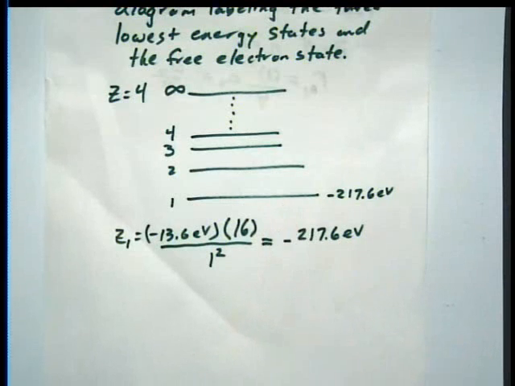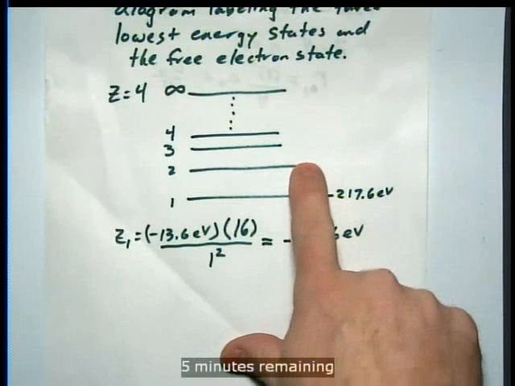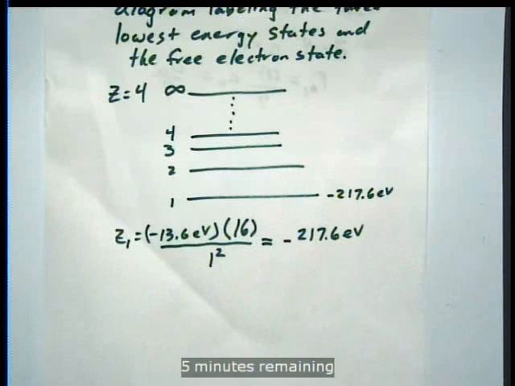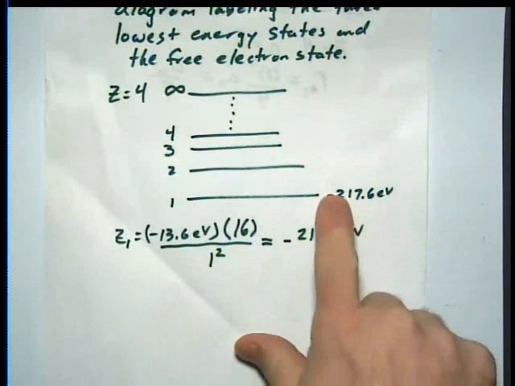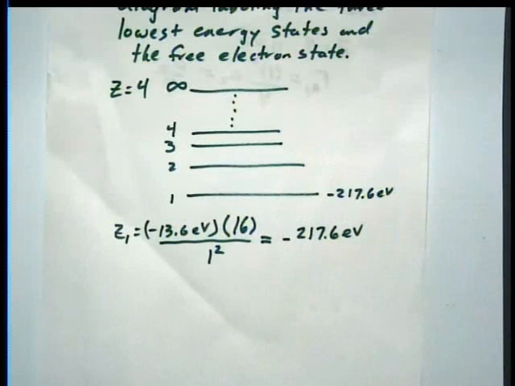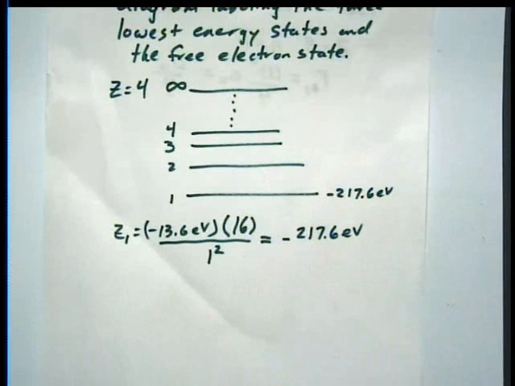If you give it less, the question is how you gave it the energy. If you give it a photon, it must either totally absorb the photon if it's going to be bound, or nothing. That's your choice. To totally absorb the photon, the energy of the photon has to match the difference between the levels. If you shoot an electron at it, an electron can give it some of its energy and still have energy to go on out as a free electron. So with an electron impact, you can ionize, you can excite, even though you don't match the energy levels.